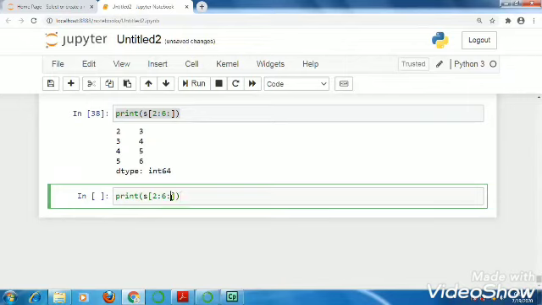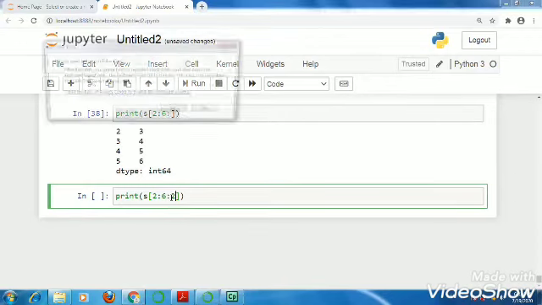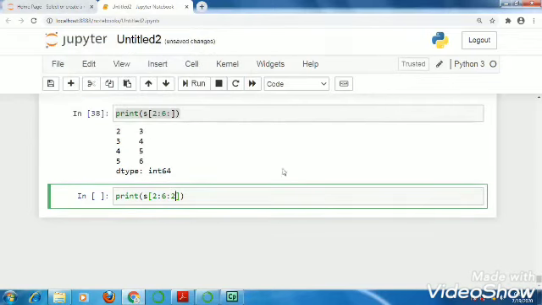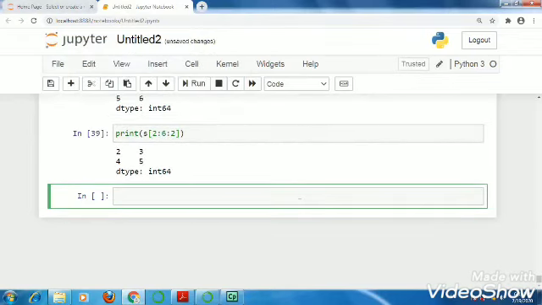If I write the step value also, by default step is 1, just like your range function. Here I have written step 2, that means it will skip 1 row, so alternatively you will get the output.